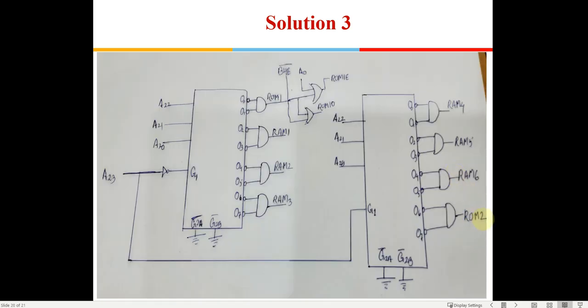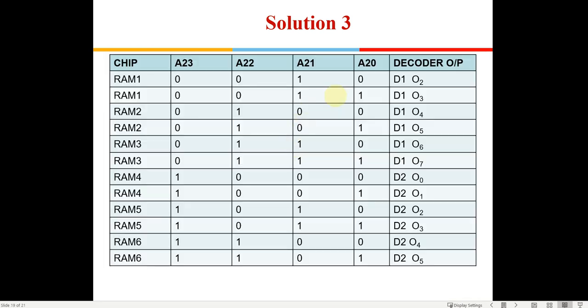So the first set of ROM has been taken from here, the second set of ROM is taken from here. Then here again the RAMs have been connected. 2 and 3, RAM 1 is connected. 4 and 5, RAM 2 is connected.